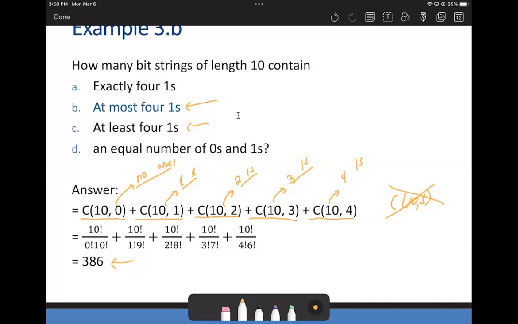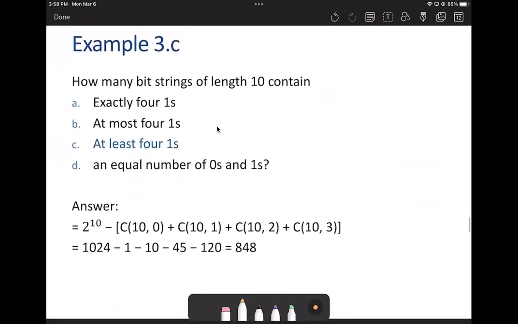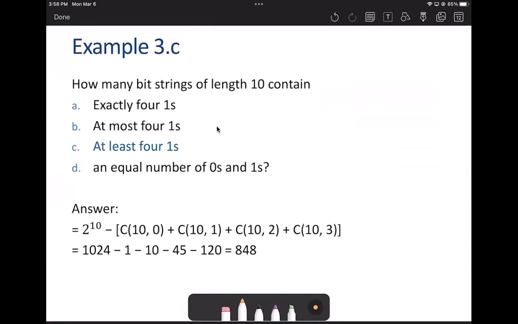The combination of 10 taken 5 until 10 taken 10. Is that what you think? Actually, there are similar answers, no? And yes, that is actually correct. Since it has at least 4 ones, it has to start with combination of 10 taken 4 until 10 taken 5. Okay, so what we can do is